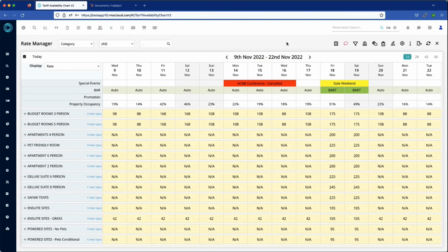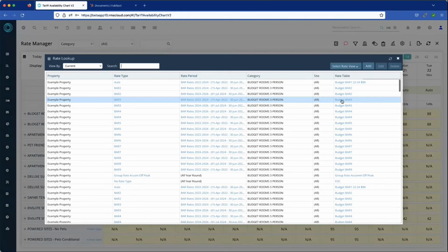Now, ladies and gentlemen, I reckon we're out of time. There's just one other quick thing that I want to show you. By the way, you should be pretty amazed by what I've shown you there. That is game changing. That is advanced level stuff that we've just done there. The one thing I did want to show you, if you don't like using the mixer, the rate lookup thing, and some people sort of don't,